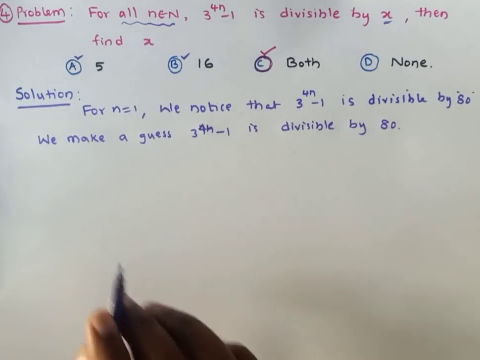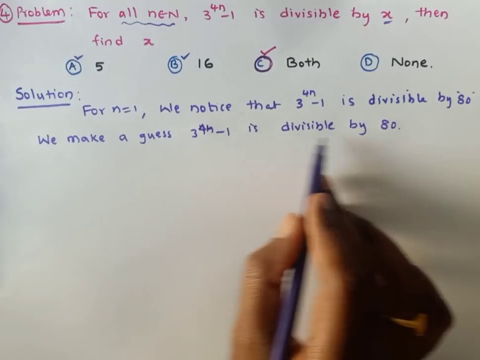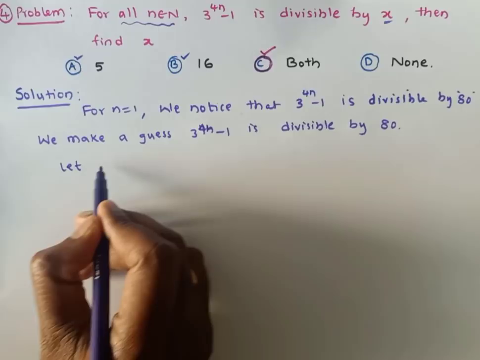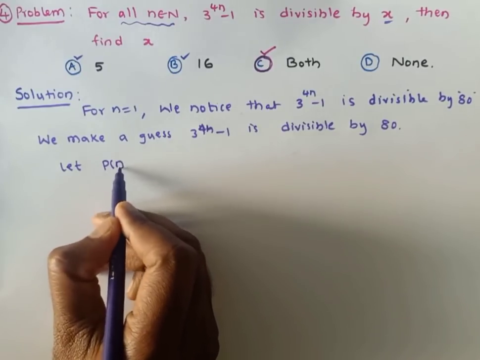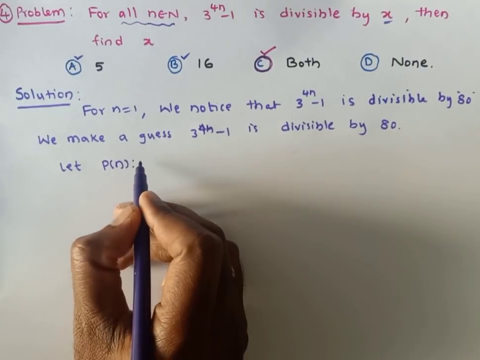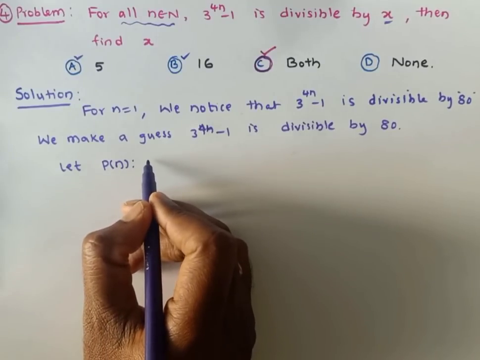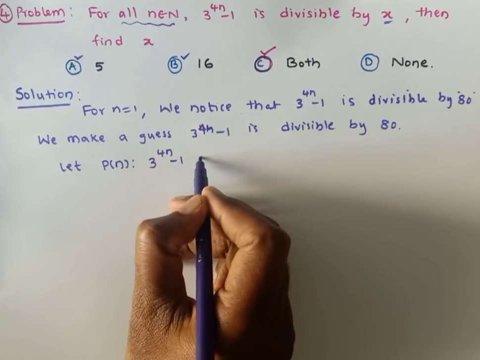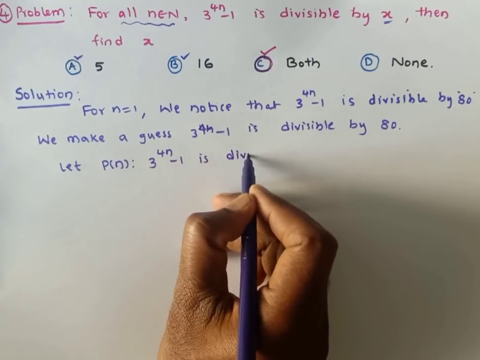Now we have a statement: 3 to the power of 4n minus 1 is divisible by 80. So now start our problem. Let the given statement P of n be 3 power 4n minus 1 is divisible